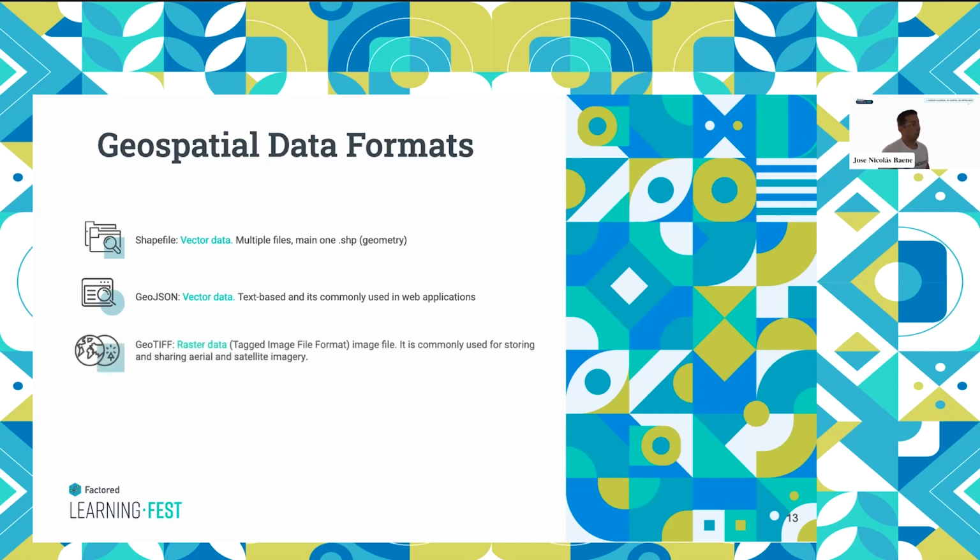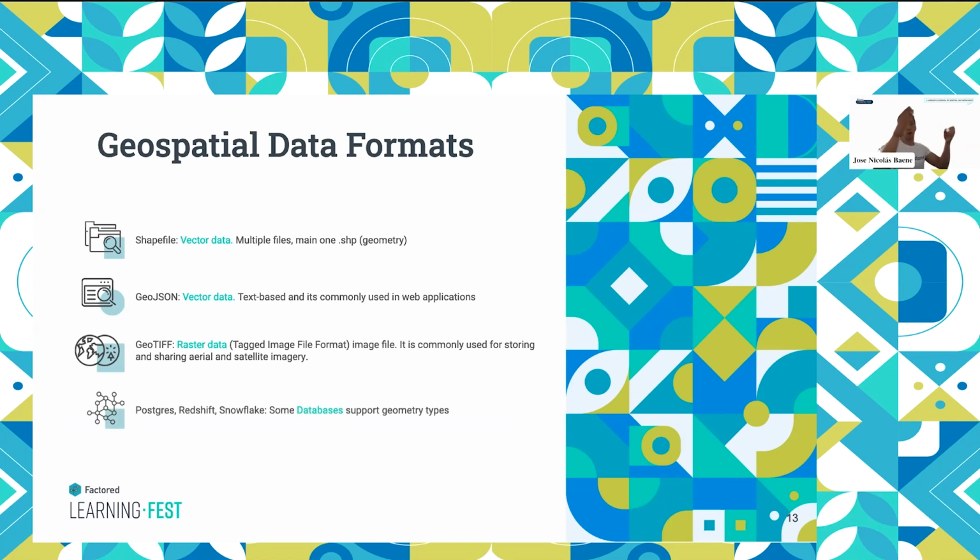For raster data, we have GeoTIFF, which are essentially images that are geo-referenced. This is used mostly for satellite imagery or aerial imagery. And this is not actually a format, but some vendors like Postgres, Redshift, Snowflake support geometry types.